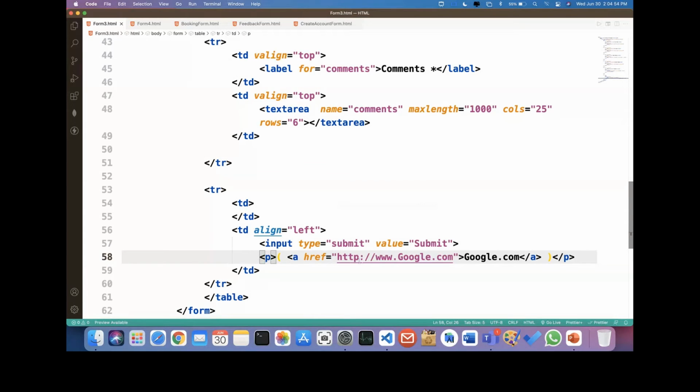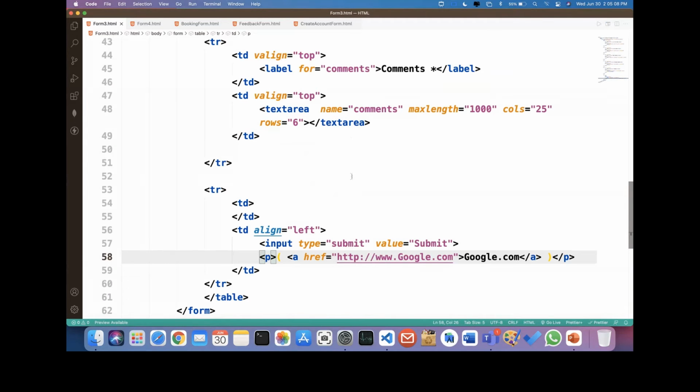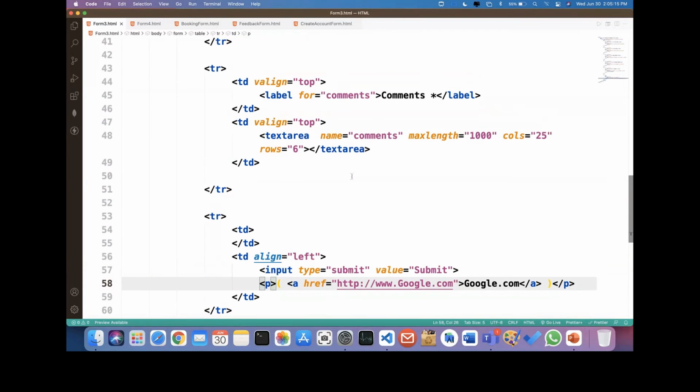Here you can see a Google link. So you can see the submit button and a Google link. This way you can logically design, merge the tags, and create a pretty good structure. Here there are lots of other attributes I have used.